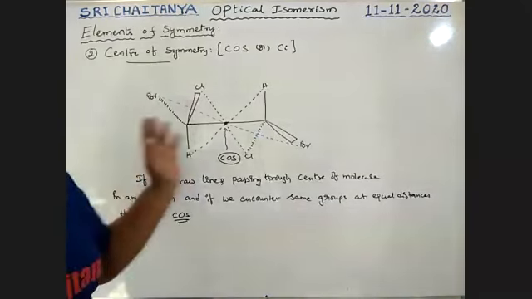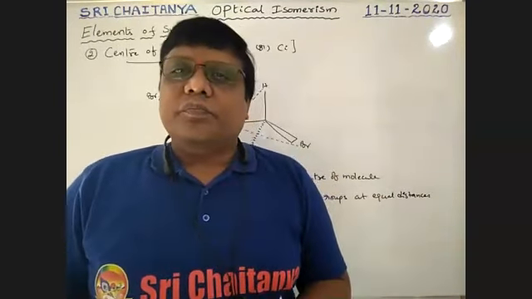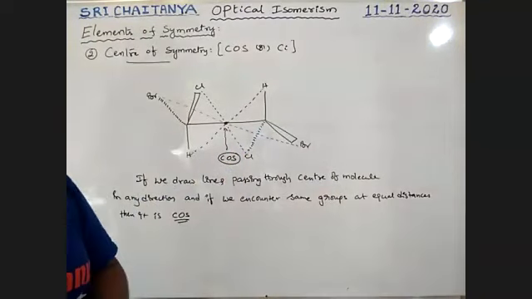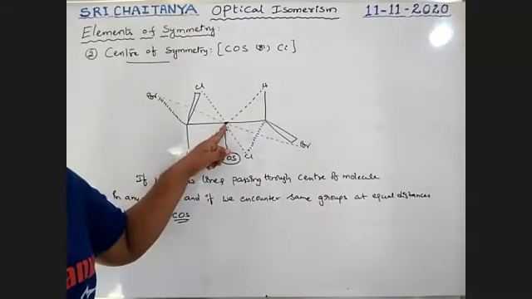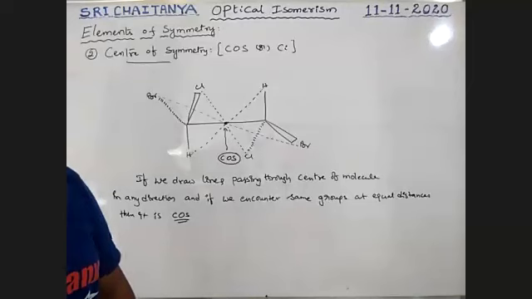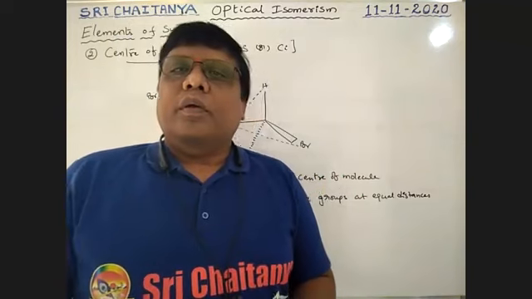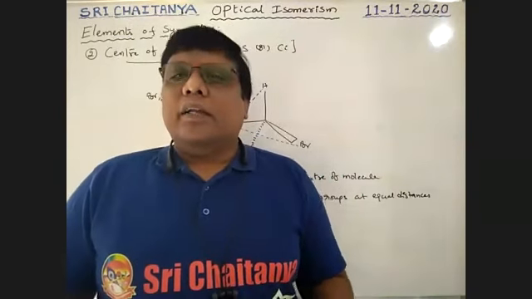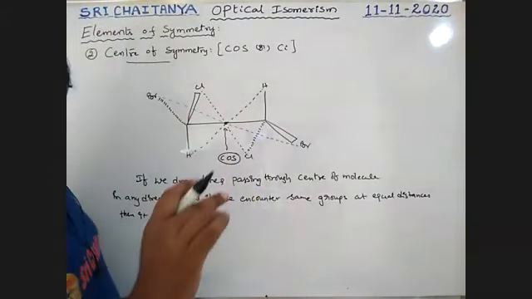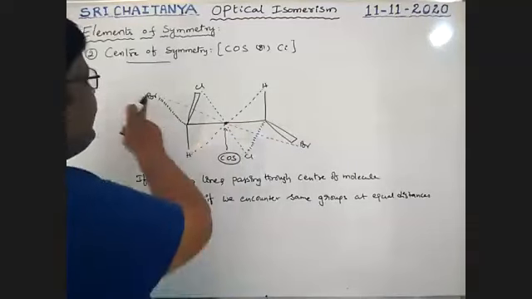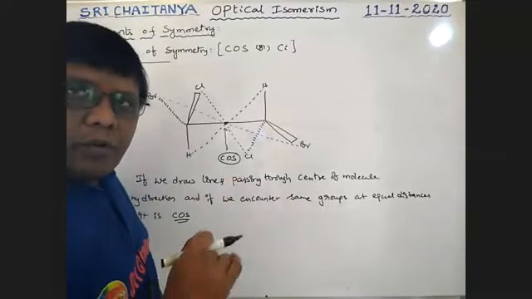So between groups, if you draw imaginary lines through the center of that molecule, and similar groups are touched, so bromine touched with bromine, chlorine with chlorine, hydrogen with hydrogen, that point where those cross is called the center of symmetry. Okay, are there any doubts? Accepted, boys. This is the point with equal distance from here to here, here to here. So you should maintain equal distance, boys.